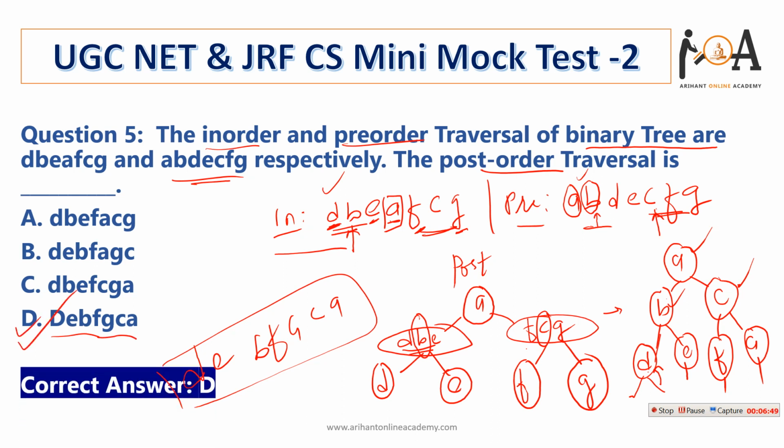It is the post order traversal. If you don't know the concept of in-order, pre-order and post-order, and how to derive them, then in our lecture we have discussed these tree traversal techniques in great detail, and in another lecture we have covered the shortcut tricks as well. So watch those two videos in our data structure and algorithm playlist, and you will definitely get the concept of in-order, pre-order and post-order there. But here, as per the question, option D is the correct answer.